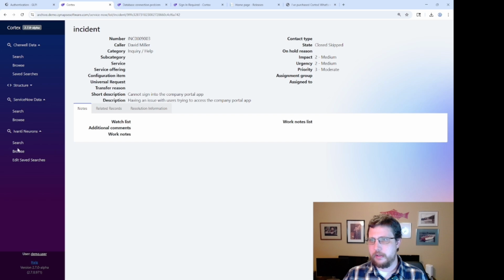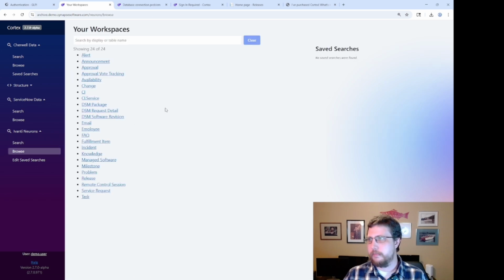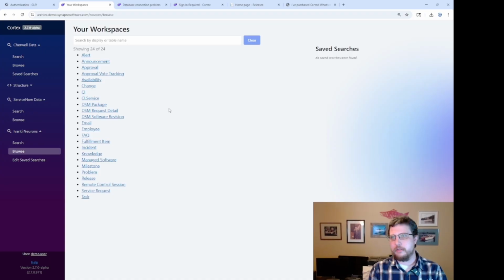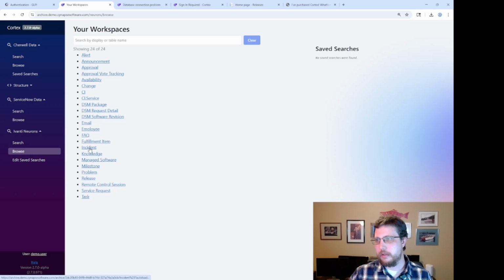Now, if we go into Ivanti Neurons, we can go to search. Let's just go to browse, right? So with Ivanti Neurons, we have a similar style to how we built things out for Cherwell. If you go to browse, you can see all of the business objects that are available to you. Actually, technically, as the title says, this is workspaces. Ivanti organizes things a little bit differently than Cherwell did, but we can still do things like go into incident